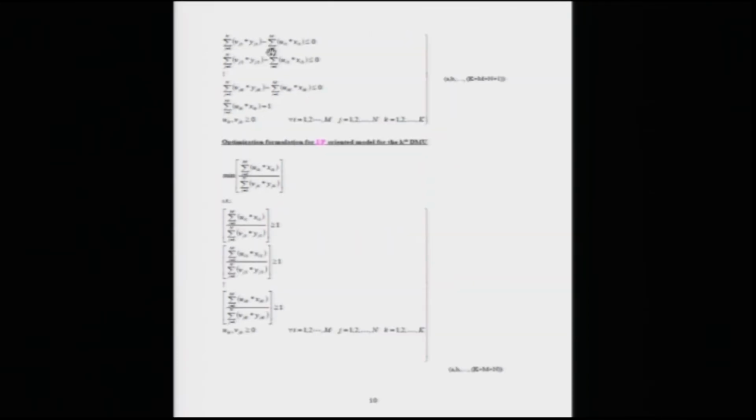So the constraints are like this. The first constraint, if you remember, was the summation of Vj1, because that is the first DMU, multiplied by Yj1, where j is, as you know, the output number, divided by the summation of Ui1 into Xi1, which was less than or equal to 1. So what I do is that I take the denominator onto the right hand side. Now it becomes a simple less than or equal to type constraint with no denominator.